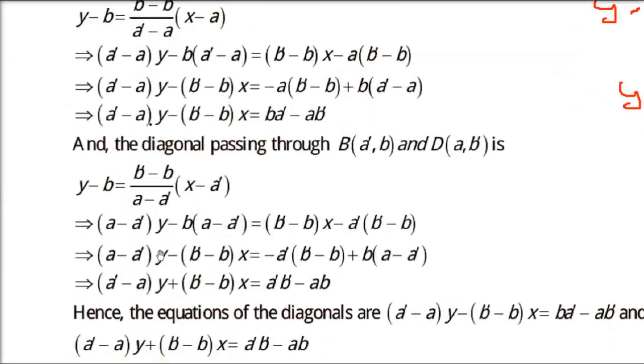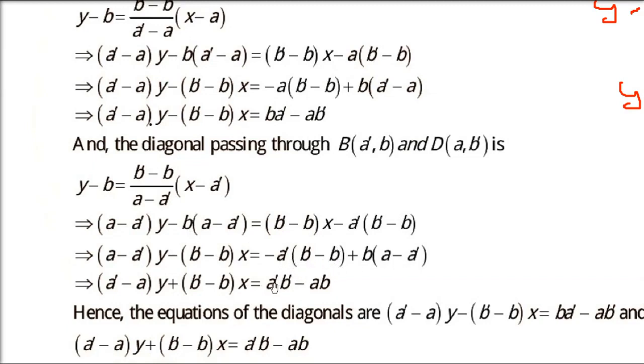I hope you will be able to solve it. Let me show you how to do this. y minus b into (a minus a') gives y(a minus a') minus b(a minus a'), again (b minus b') with x, and (b' minus b) with a'. So we will take x and y on one side and the other constant terms on the right-hand side. So take x(b' minus b) on the left-hand side and take minus b(a minus a') on the right-hand side.